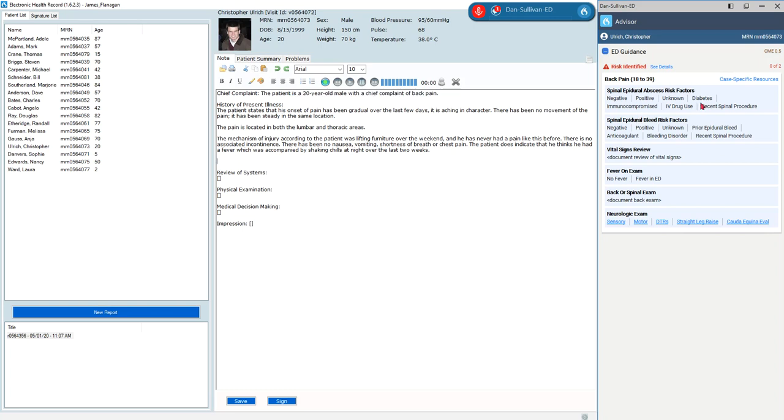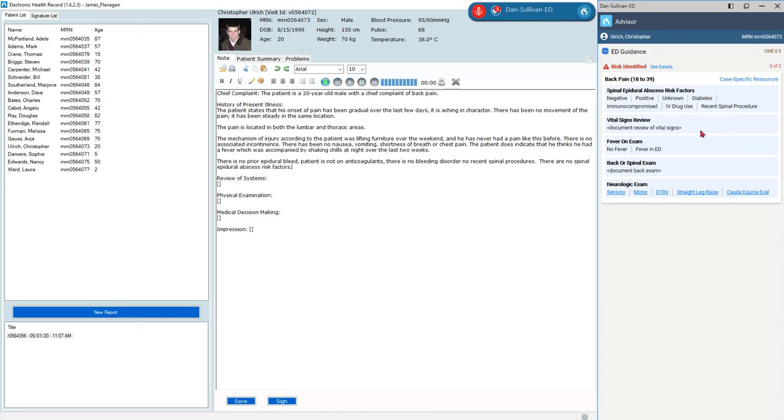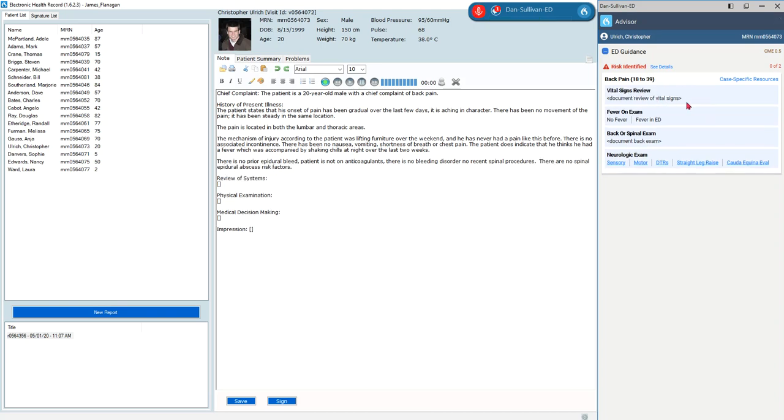Another important part of the program is assisting with recall. Lists of risk factors is a great example, very difficult to remember. And so here, back examination, just do a back exam. But here we actually list the risk factors to assist with recall. There's no prior epidural bleed, comma, patient's not on anticoagulants, comma, there's no bleeding disorder, no recent spinal procedures, period. There are no spinal epidural abscess risk factors, period. So you can name them individually, or you can say positive or negative or unknown, and it will retire. Back pain review of